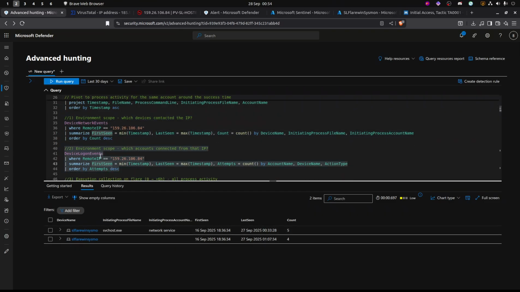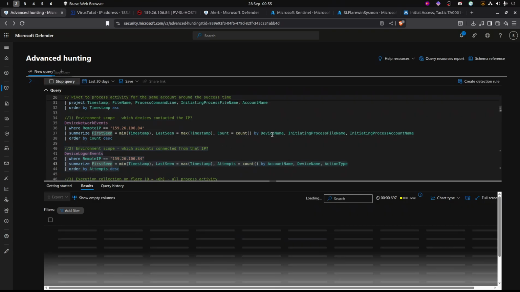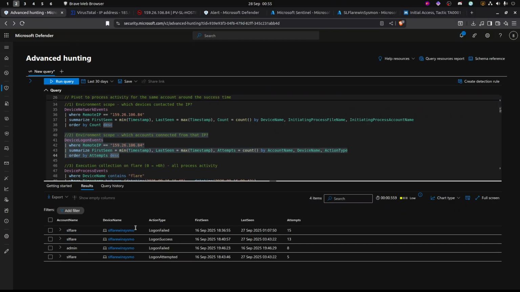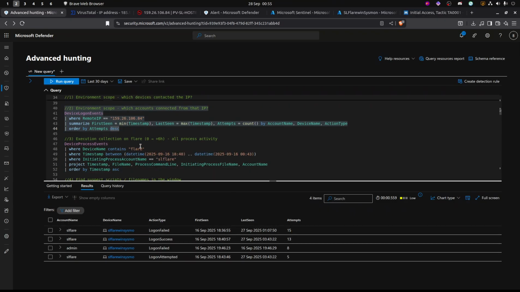This gives us a scope of the whole environment and shows where else they might have logged in. And obviously, we can see the compromise is only limited to Flare. That's good, because if they've managed to compromise other systems, then we need to be able to pivot to them and see what's happening there. If it's a critical system like a domain controller, then we need to isolate and